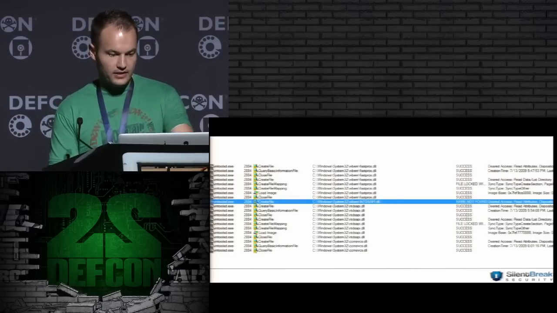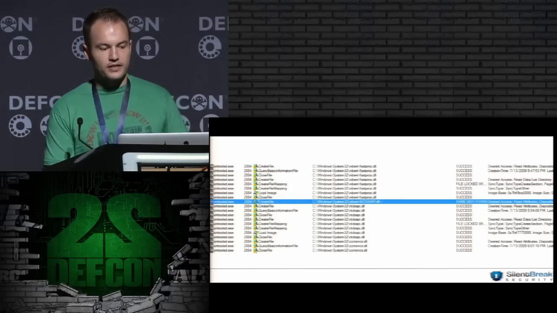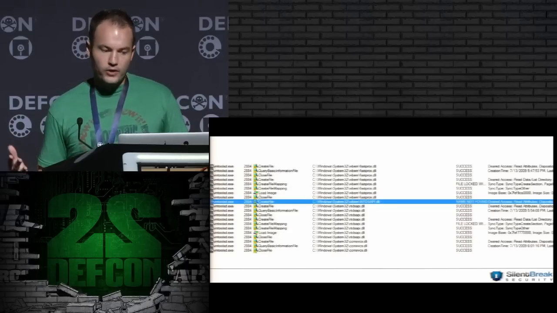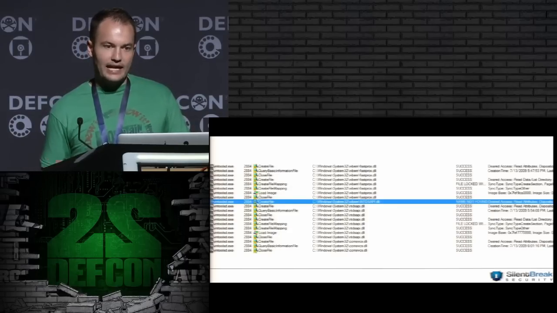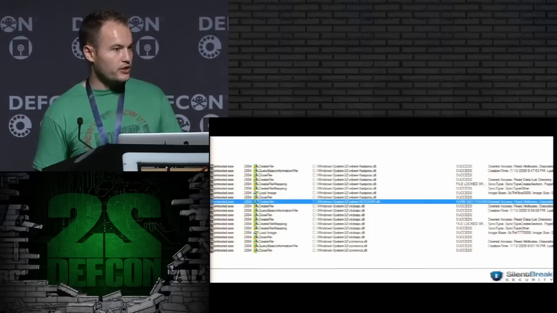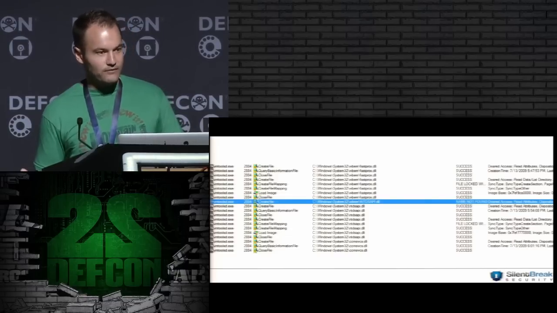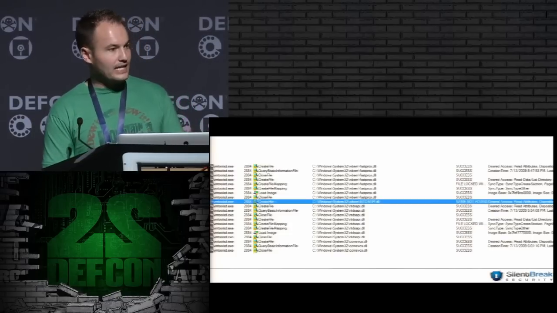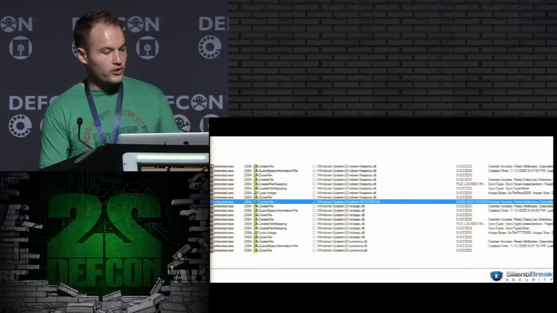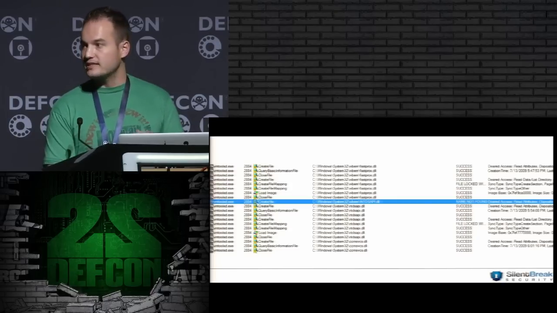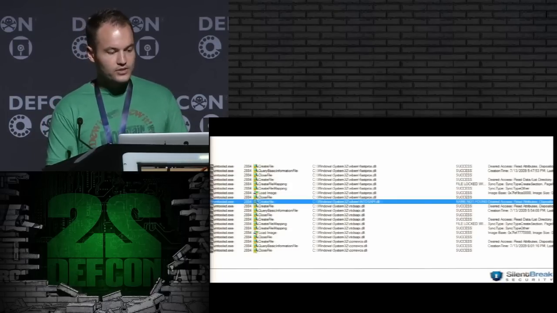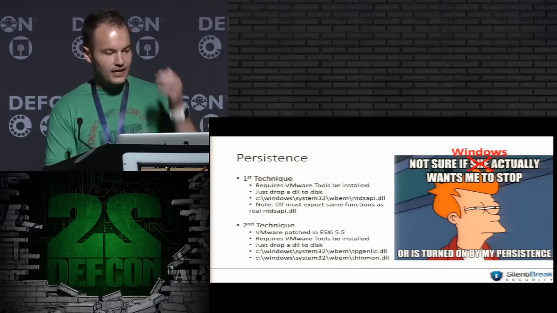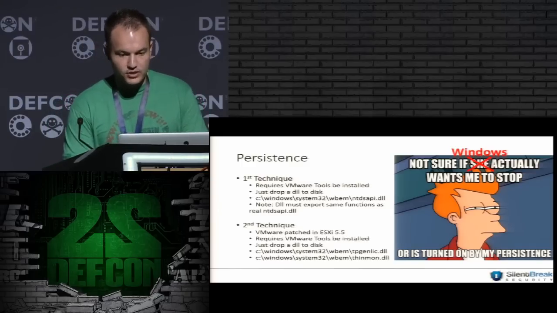You can see there in the middle, it says name not found. Well, it tried loading the NTDSAPI.dll from the WBEM directory before it tried loading it from System32. So there's a DLL hijacking vulnerability there, right? So if we drop a DLL into the WBEM folder named NTDSAPI, ours will be loaded as that service on boot. So it's kind of a cool technique, and that actually is one of the techniques that I'm disclosing